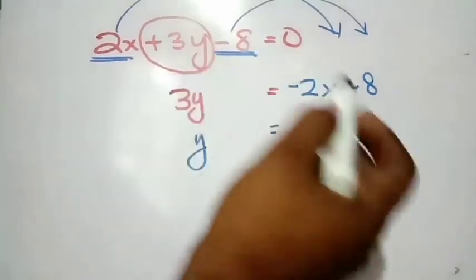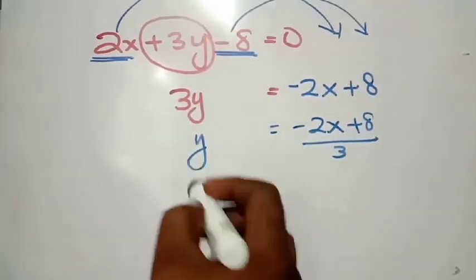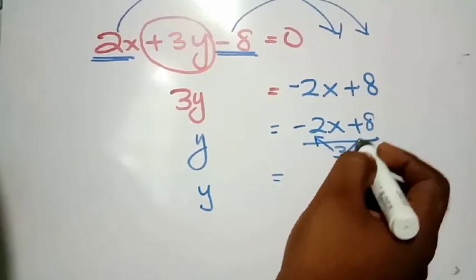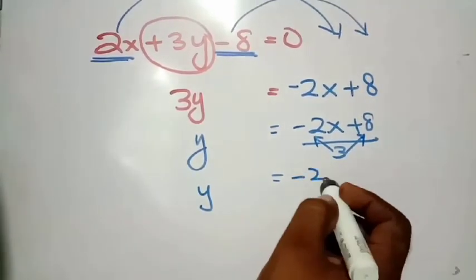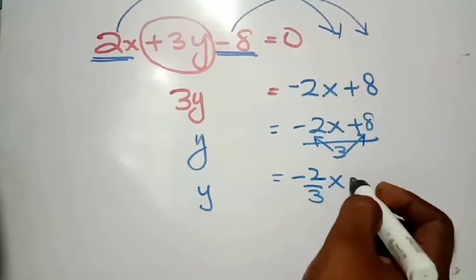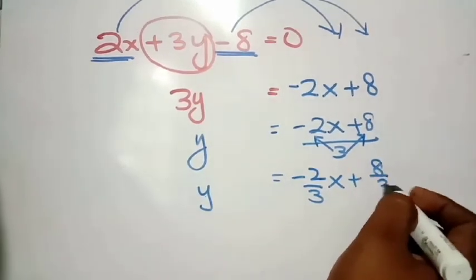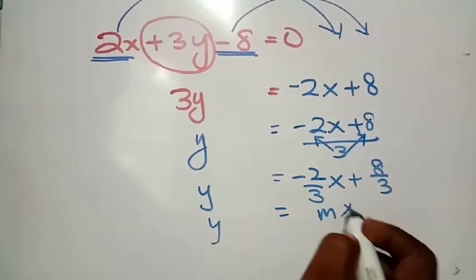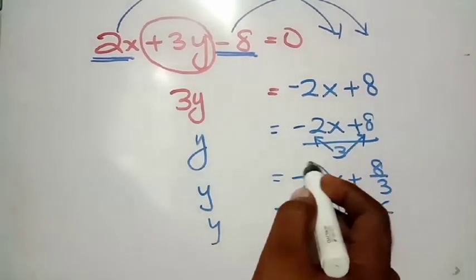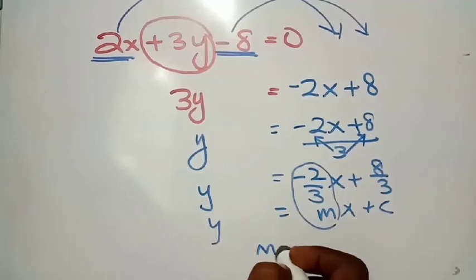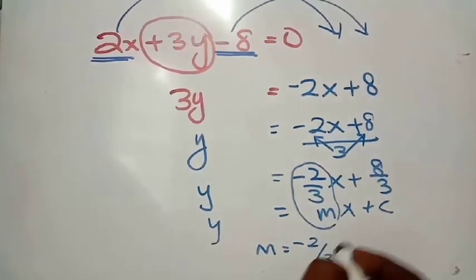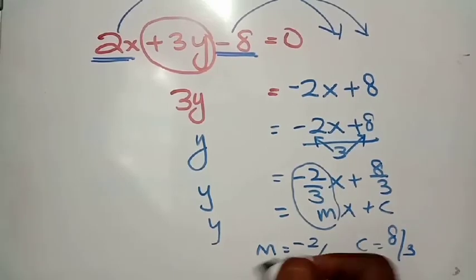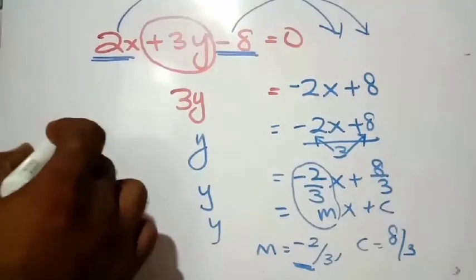Transpose 3 to the right hand side, so we get y is equal to minus 2x plus 8 the whole divided by 3. When you split it into both the terms, we get minus 2 by 3x plus 8 by 3. Now it is in the form of y is equal to mx plus c. So what is m? It's minus 2 by 3 and c is 8 by 3. See here the gradient is negative, so you can understand the line goes like this,